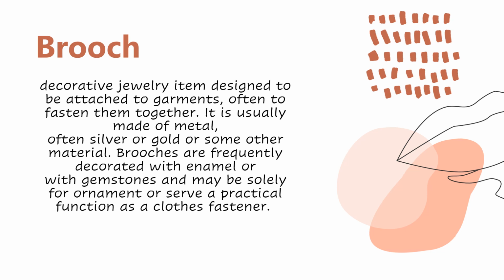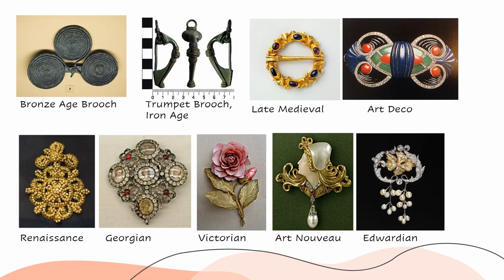In archaeology, ancient European brooches are usually referred to by the Latin term fibula. Brooches were known as fibula, plural fibulae, prior to the Middle Ages. The earliest manufacture of brooches in Great Britain was during the period from 600 to 150 BC. The most common brooch forms during this period were the bow, the plate, and in smaller quantities,